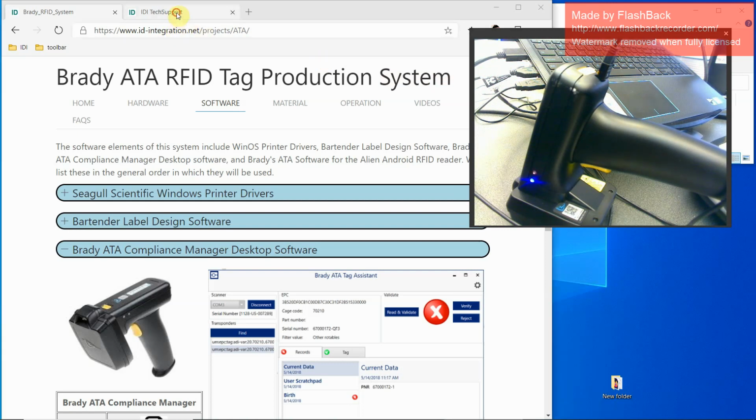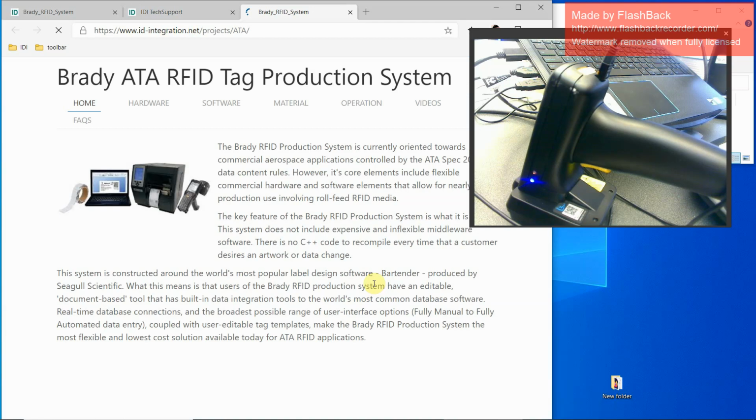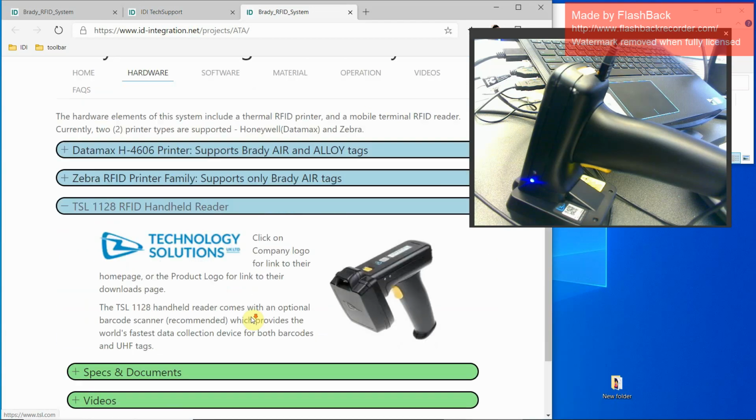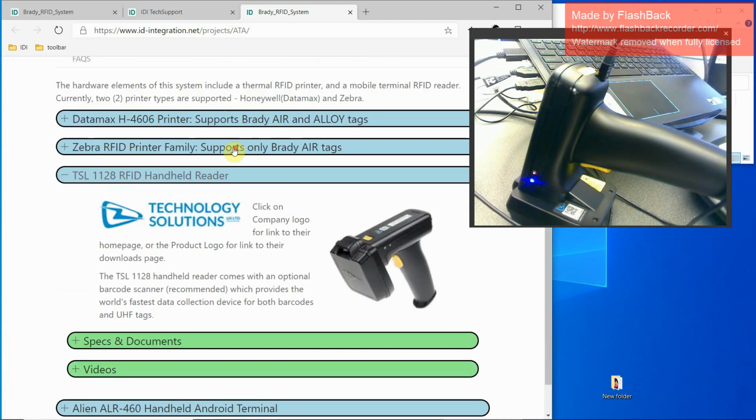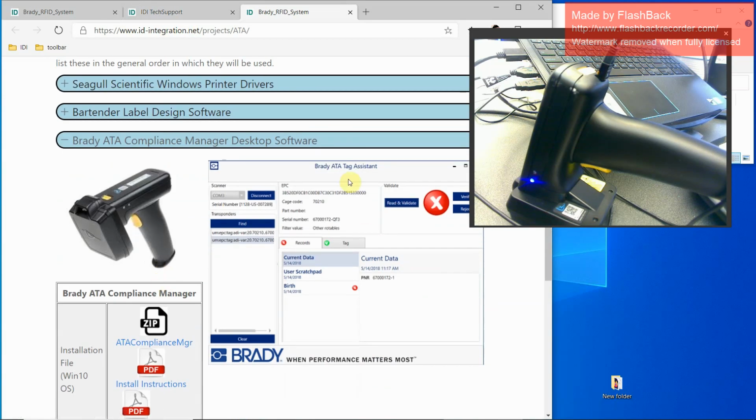If you forget this URL, just simply go to id-integration.net, find the project that pertains to you, in this case Brady RFID, and from there you can go into the hardware section, which we'll start with here, or you can go into the software section, which is here. This is the screen that we're going to end up using, but before we even get to the software,